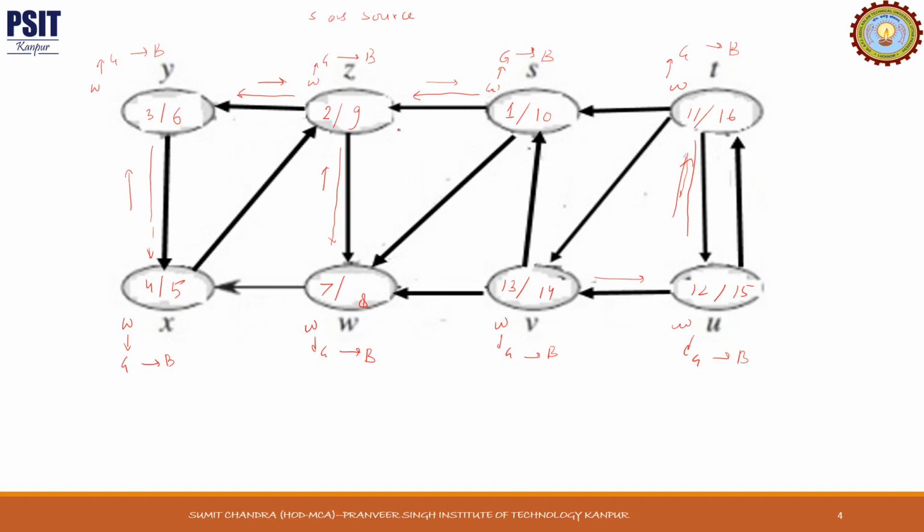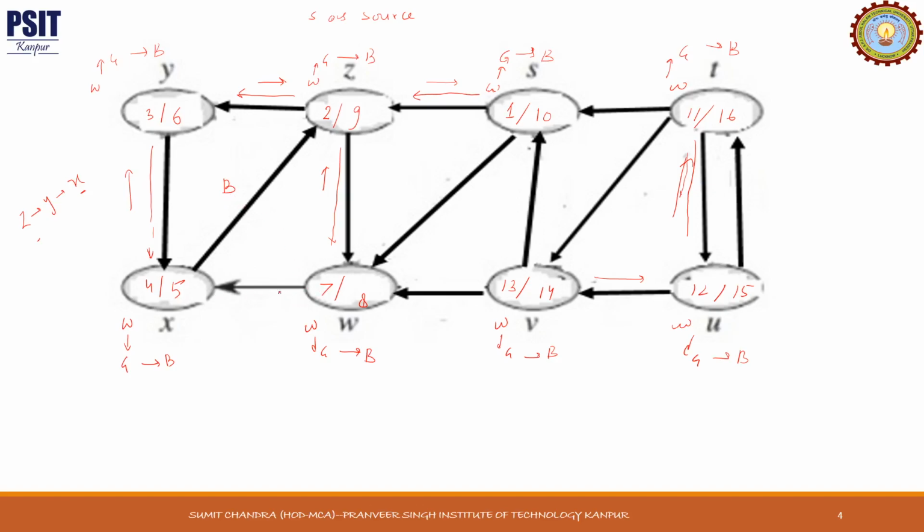Now we want to label edges as backward, forward and cross edges. So which edges are left? This edge we didn't include in the path. This edge we didn't include in the path. There are lots of edges which were not included in the path. So let's see which is backward, which is forward, and which is a cross edge. Take the edge X to Z. If you see the path Z Y X, the path Z Y X exists. So it goes from descendant to ancestor, X to Z. So this is a backward edge.